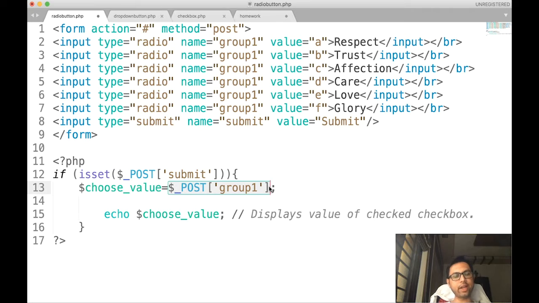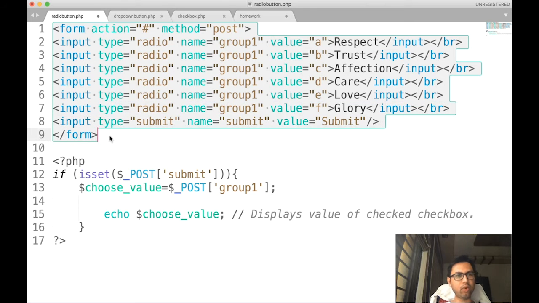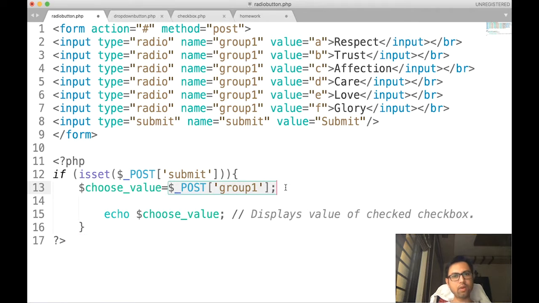So we are retrieving the form value selected by the user in HTML inside this PHP script using the $_POST variable, since I have used the method post. Once the variable has some value in choose_value, we are simply echoing that value on the page.